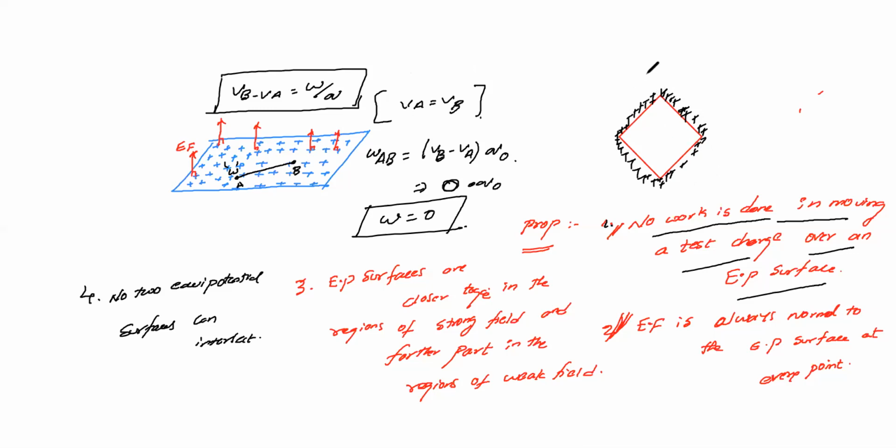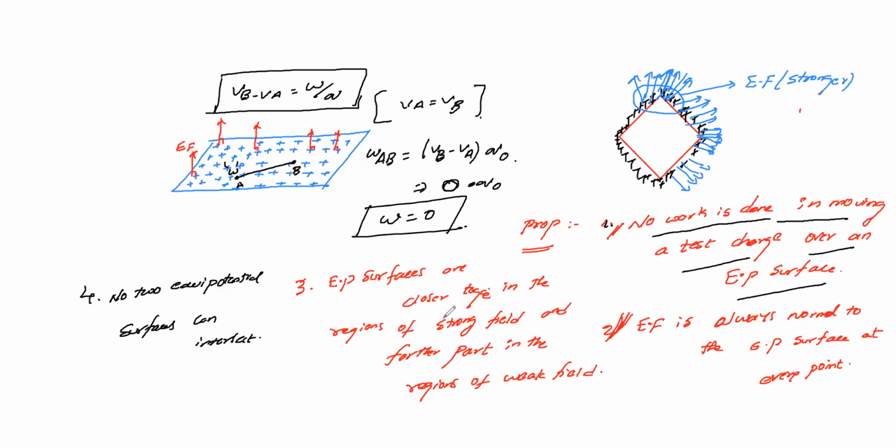Now the field lines. When I'm drawing the field lines, at the corners the electric field will be greater because the charges are greater here. Away from it the electric fields are lesser. Those are spread out areas, you can see that. At the corners the field lines are greater, and outside the electric field lines will be lesser. Where the field lines are greater, that means a stronger field.